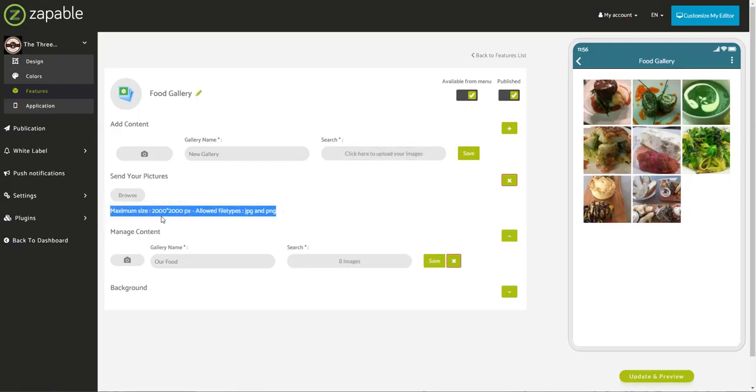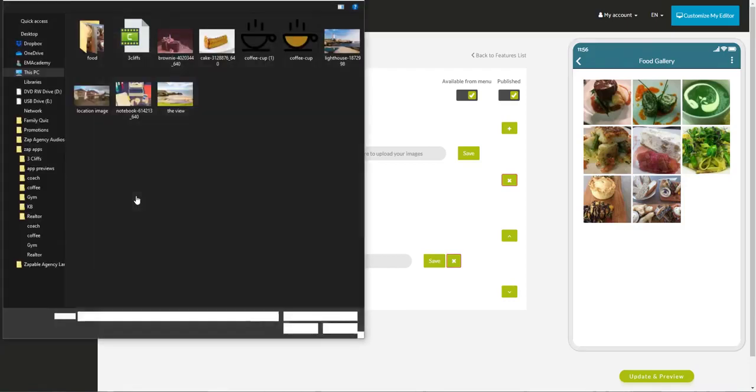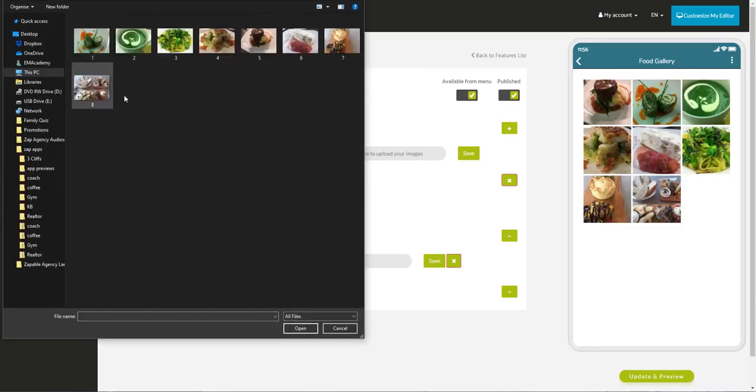The maximum image size is 2000 pixels high and wide, and you're only allowed to upload JPG files and PNG files. Okay, so most of your images will be those, but that's just a limitation for this feature, that you can only upload those 2 file types. So we click on Browse, and here I have the food. So I'm going to highlight them all and add all of these images to my app. So I'm going to click on Open,